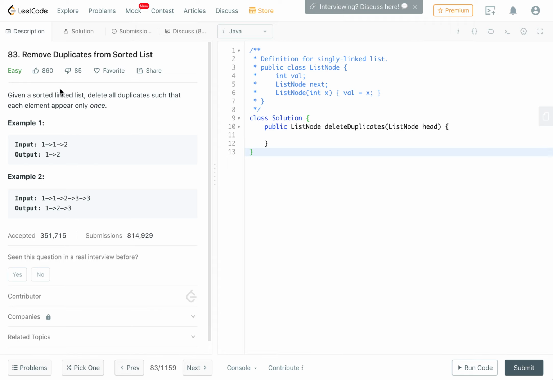Guys, welcome to this video on Leetcode number 83, which is remove duplicates from sorted list. This is very similar to the previous video I did, which was removing duplicates, but